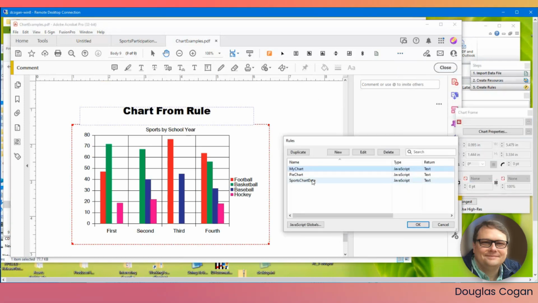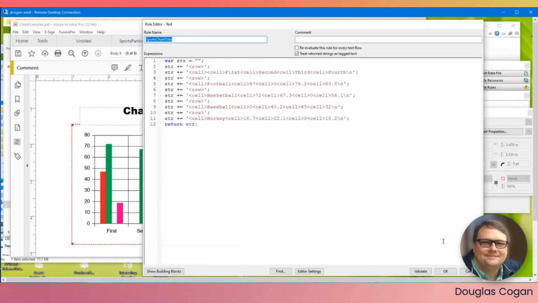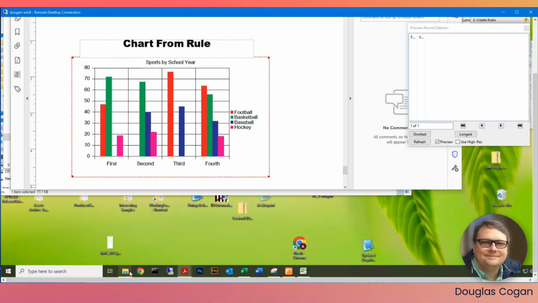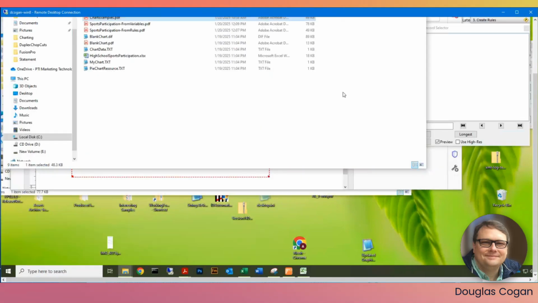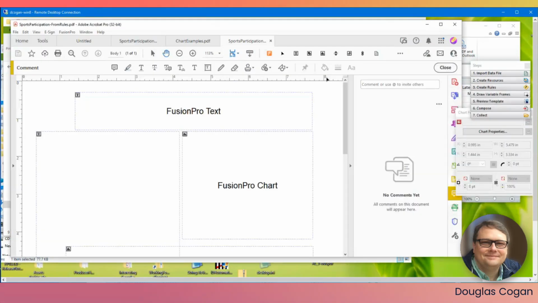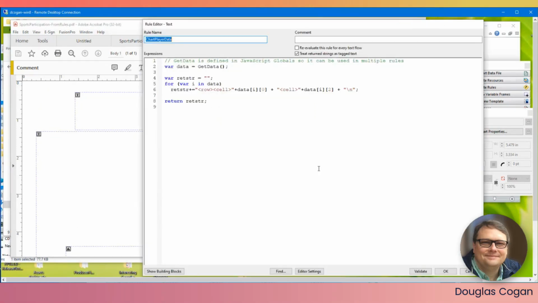Oh, and then here's if I have a rule. So this is the way where I could just generate a table like so. This is all hard coded data, but I could be getting this data from the fields of the data. And in fact, I have another example of that here. So this chart sample I showed you the sports participation from variables, and I have another one where the sports participation comes from rules, where I've got rules for